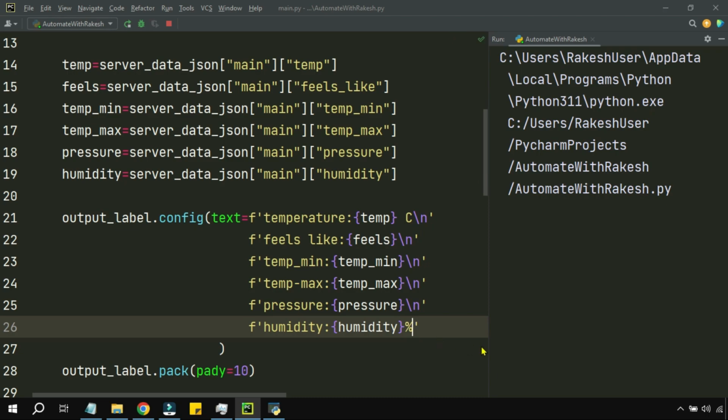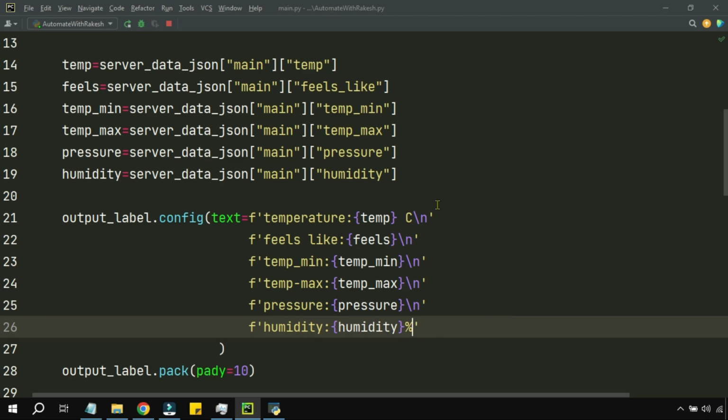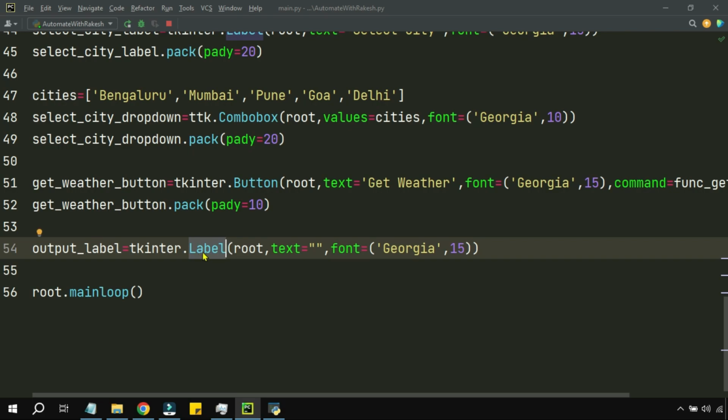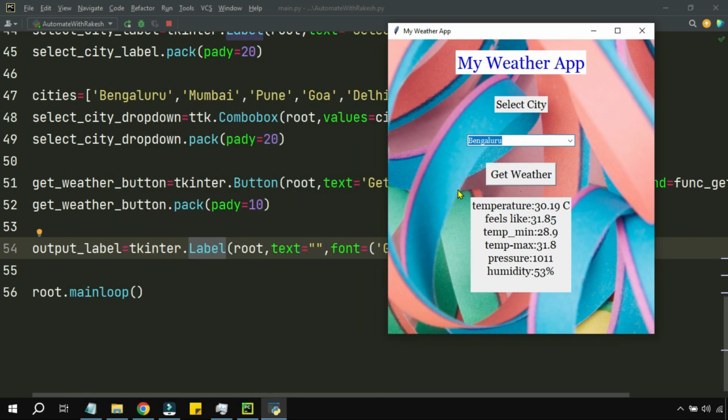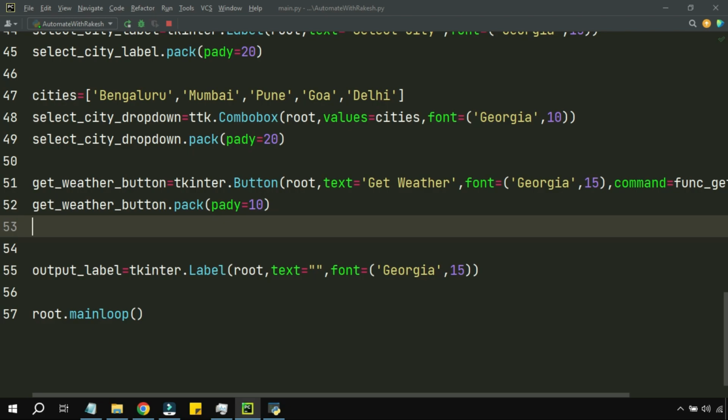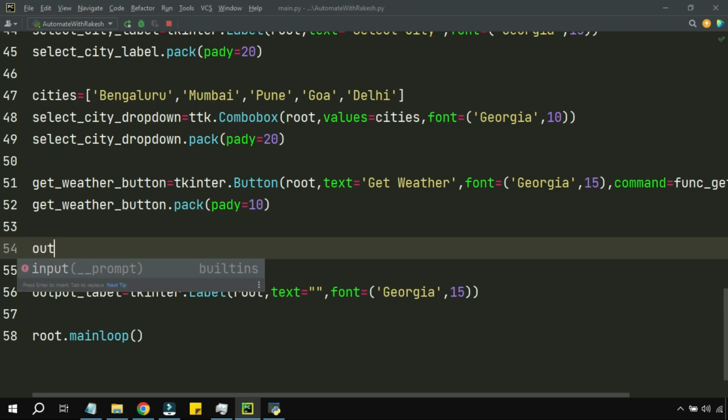Let's remove it. Now I would like to create a frame. So this label I would like to keep. I mean this is coming in the label, right? This output is coming in the label. I would like to keep a border around this. Okay, I would like to give some kind of a border, or would like to rather keep it inside a frame. So for that, let me create a variable called output